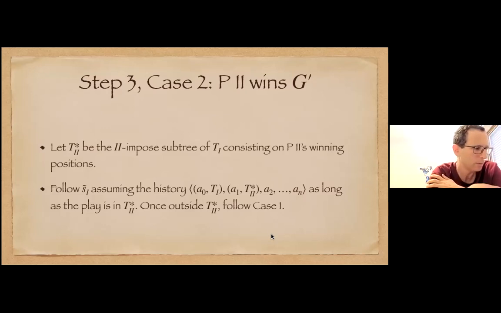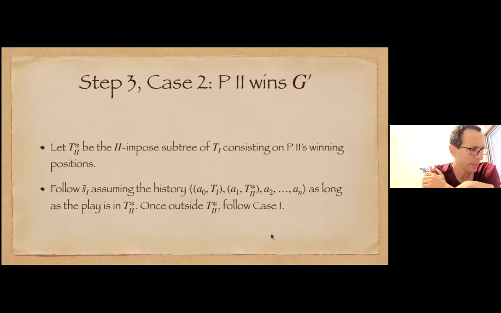Okay, so we have to make sure that T star is indeed a legal move for player 2. So why is it a legal move? Because any play in T star is winning in G prime, which means it is in A, which means that it is indeed a legal move. This is the definition of legal moves. This is the first option, the option to surrender. This is a legal surrender move.